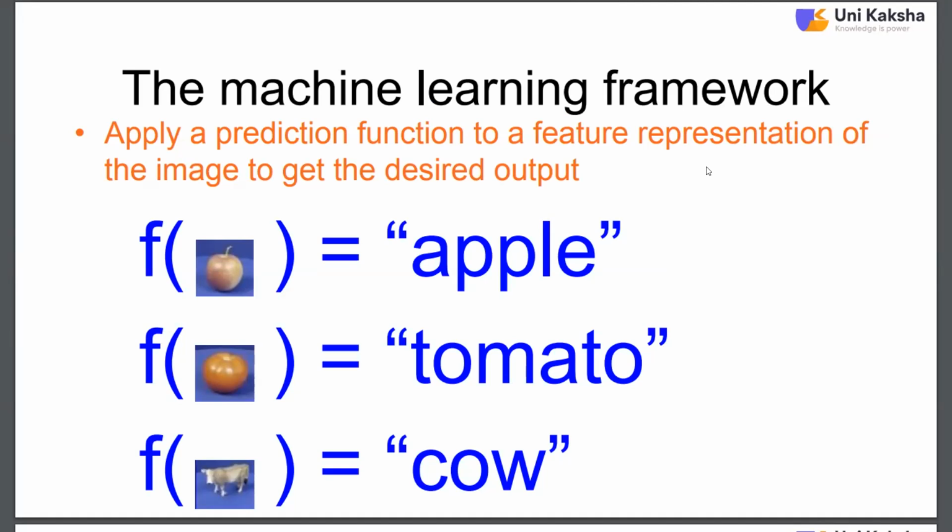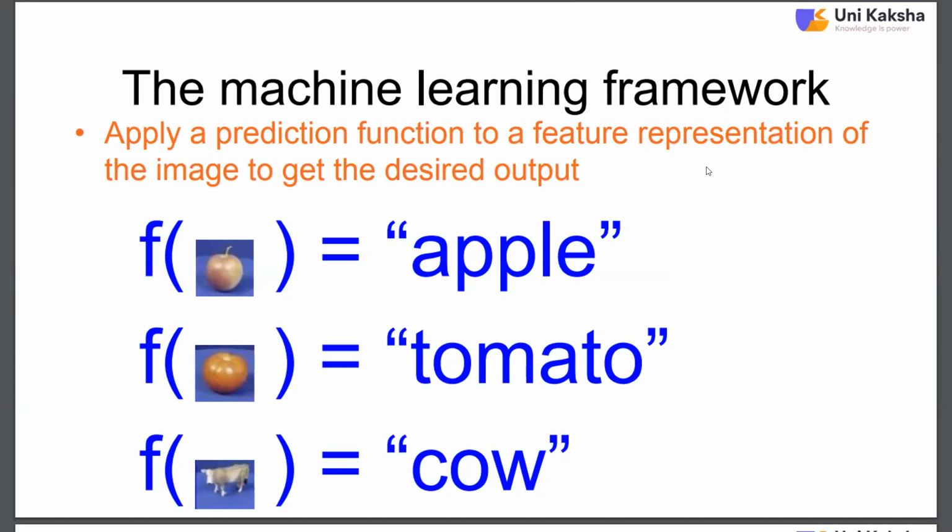The function of apple creates the prediction as apple. So the features of apple should be stored in that particular data set or the model. Once the model recognizes that these are the features of apple, it will predict that yes, this is the apple. In the second example, we have provided the machine with some images of tomato, and we have created the model that this particular thing is the tomato. Once we feed some inputs, it will predict accurately that this is the tomato.